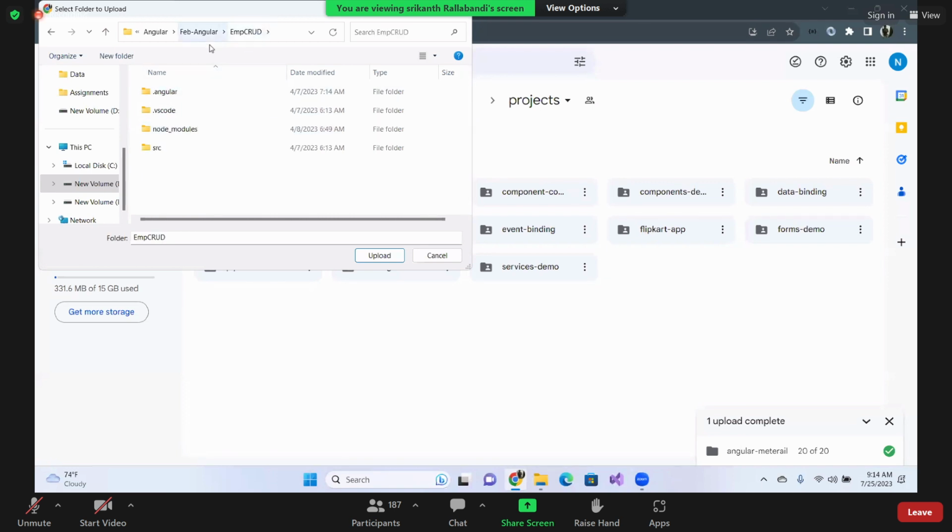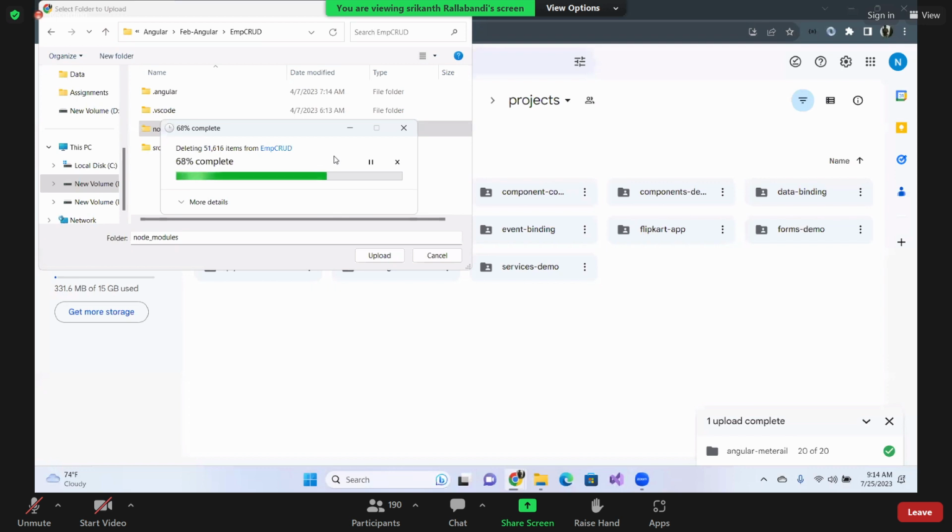Right. So here I'll be deleting the node modules folder, guys. Whenever you want to run this application, or any project, what I observed is that when you use ng serve -o, it gives you an error. To overcome that, just use npm install. Whenever you run npm install, it will communicate with